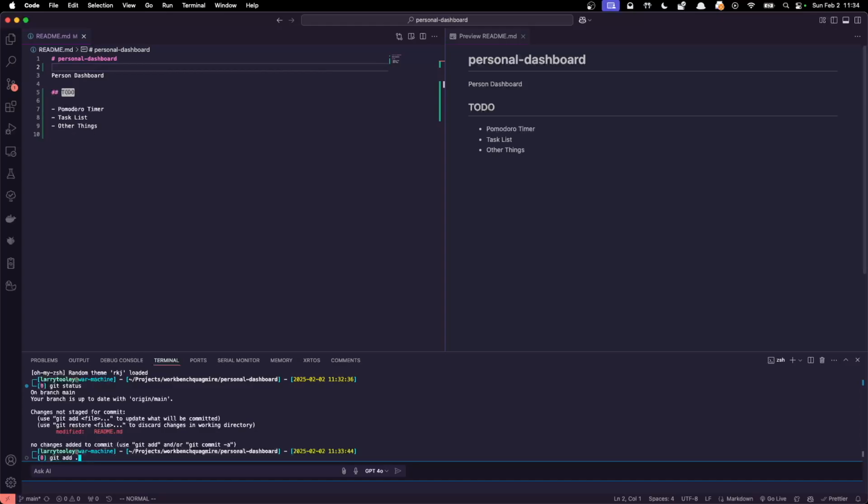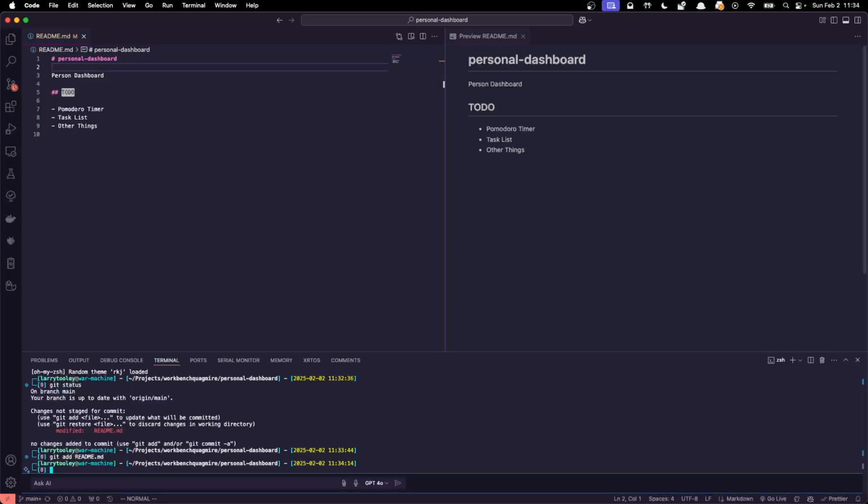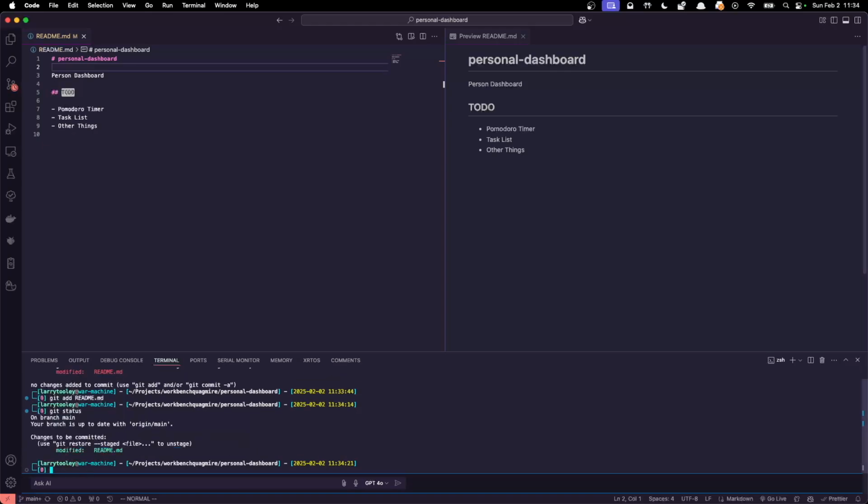It'll do everything. You can put README if you only want to do the one file. We'll do README. There's only one file. So now if you go git status,